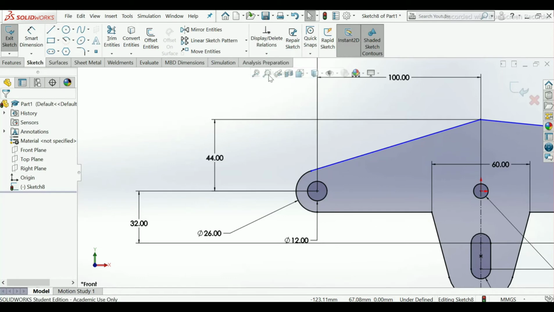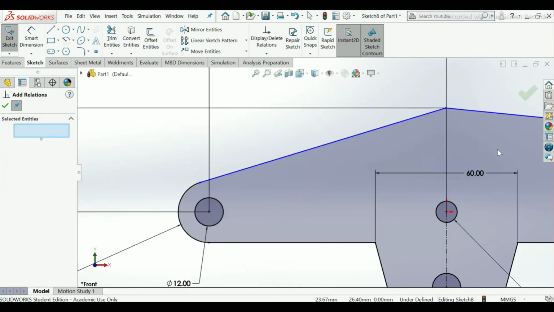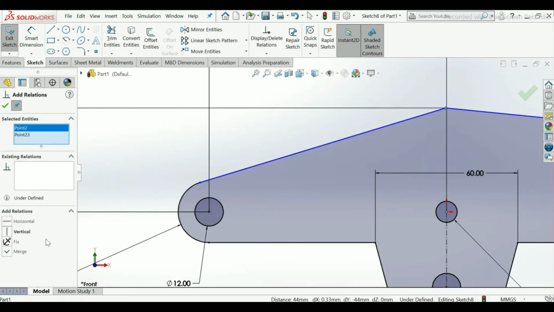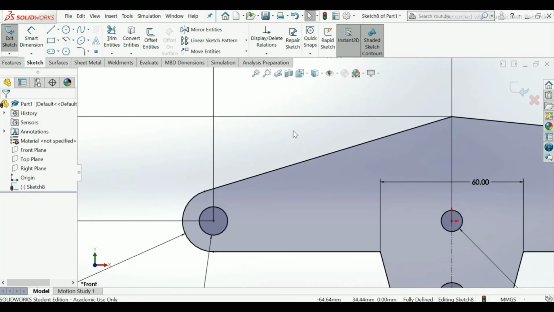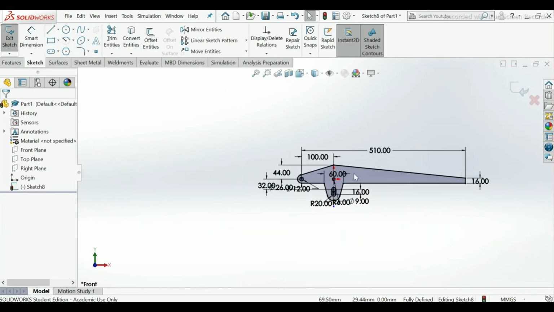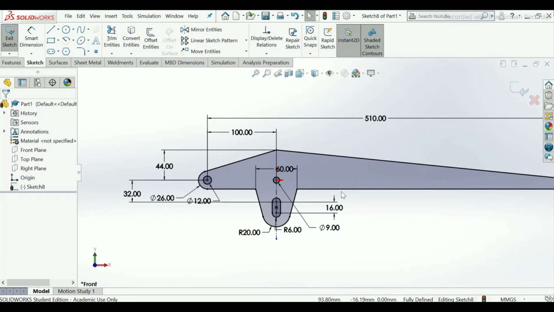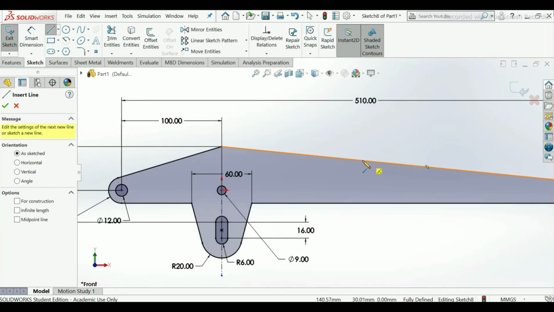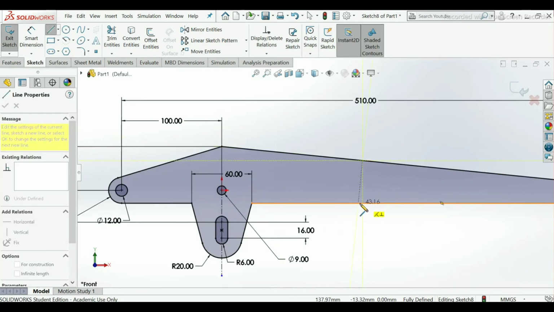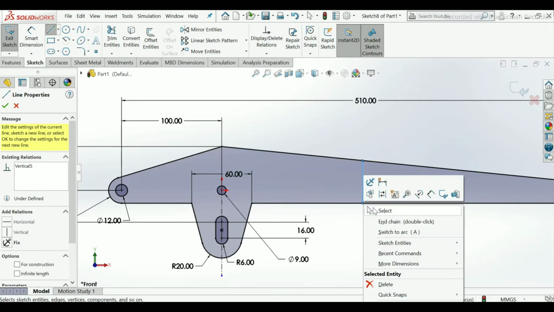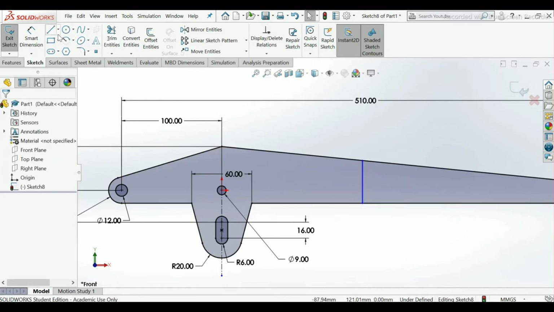Go to add relation. Now select this point and this point, make it vertical. Okay, so now our sketch is fully complete. Only we have to give one line here, and one center line.